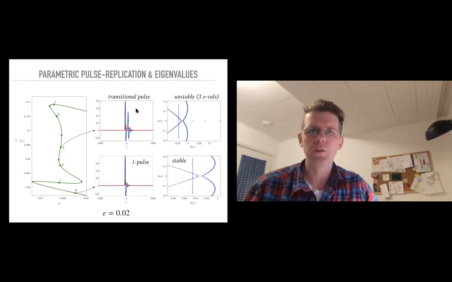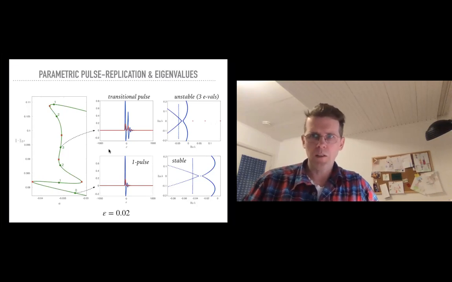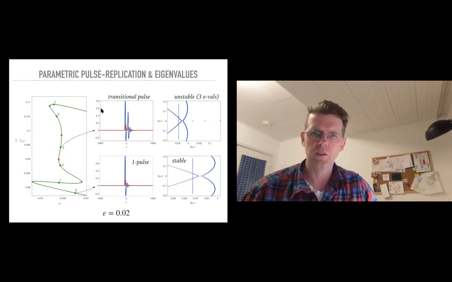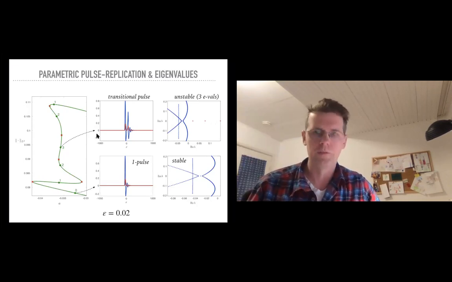This halfway up transitional pulse is unstable, as I already said, and this is shown by these 3 red circles here, which give 3 real unstable eigenvalues, and the rest is again essential spectrum. Okay, so it's a bit more complicated in this transition because there are more than just one eigenvalue going with it, which also shows that, for instance, this transitional pulse has a 3-dimensional unstable manifold, and then a few more things are possible than just one type of dynamics. Which makes it a little bit more complicated to identify what happens in this temporal transitioning.